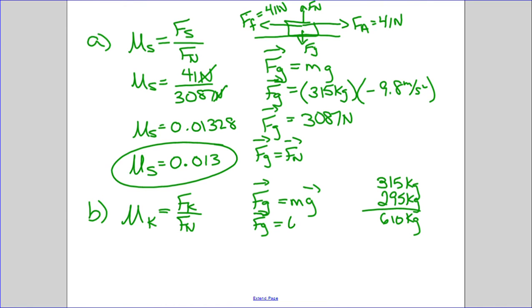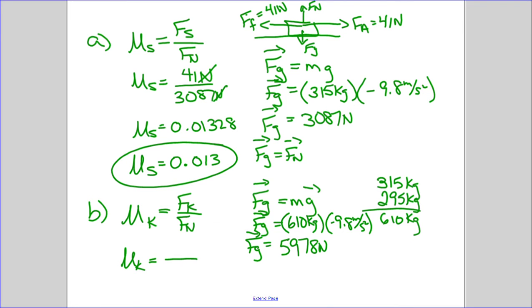So 610 kilograms multiplied by the same 9.8 meters per second squared, and so the force of gravity in this case is going to give me 5,978 newtons. And so the second part of this then is plugging it in on our side over here. So remember, I know that Fg is still equal to Fn because these surfaces are in contact. So I've got